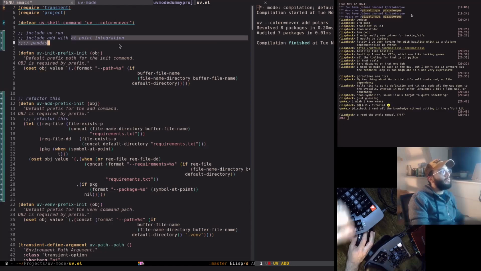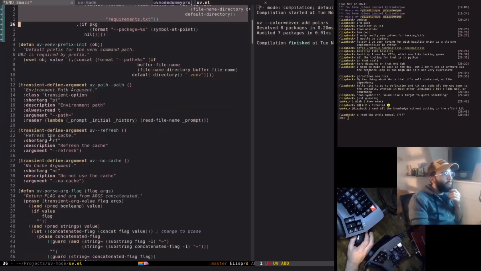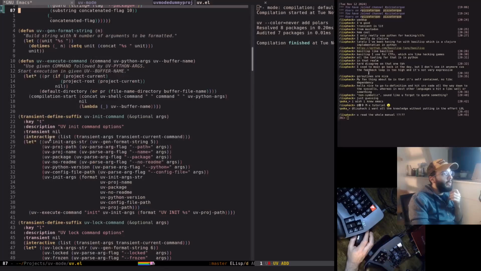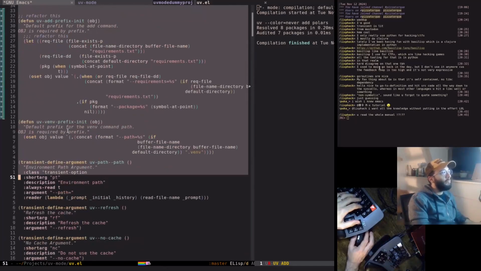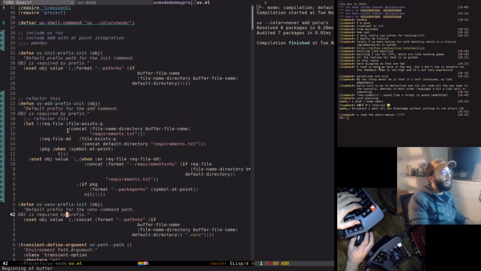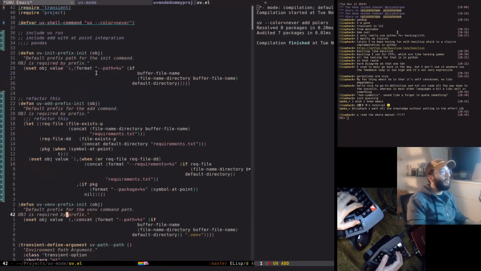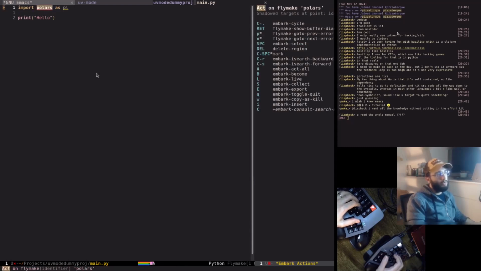And also, if I manage to decouple the at point integration in the add, maybe I can do something where I use, so let's say that I have a dependency like this. I can just do control period and then use embark act